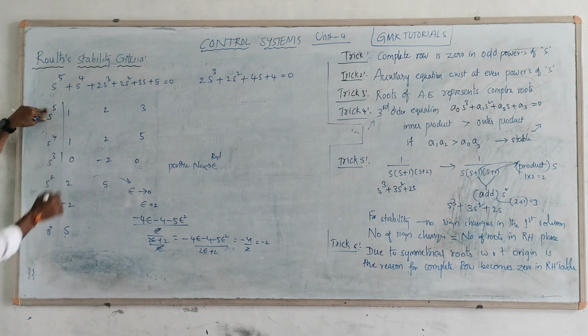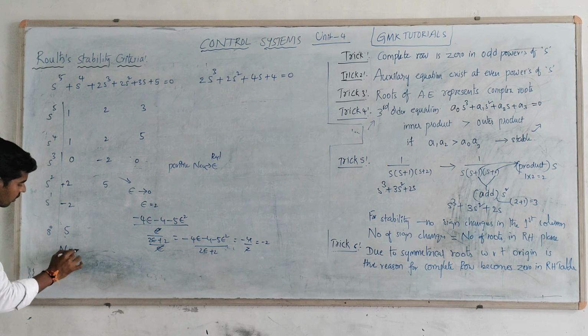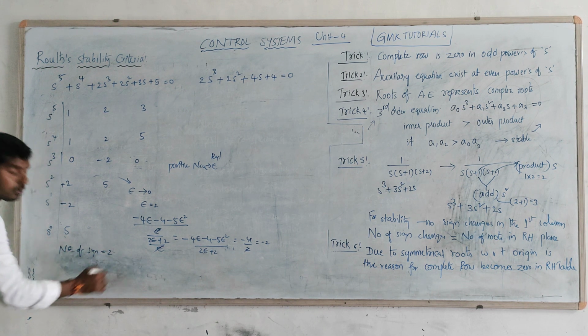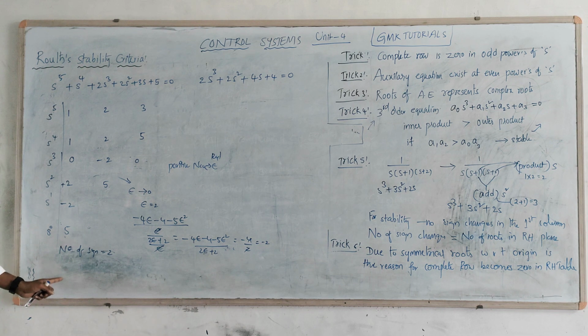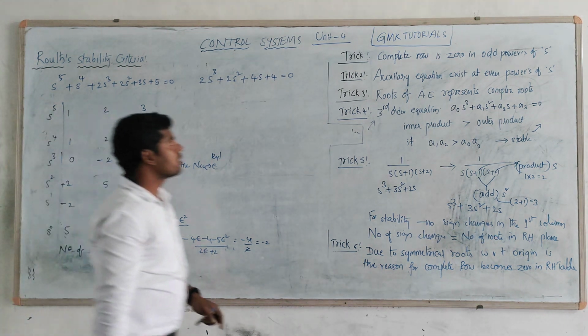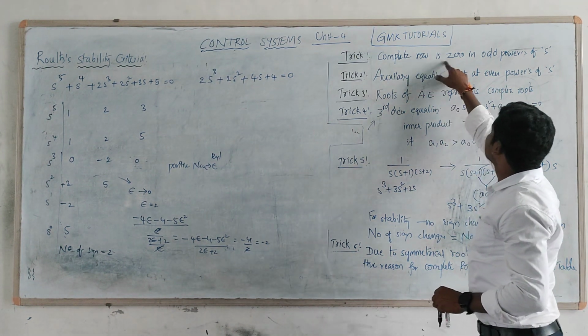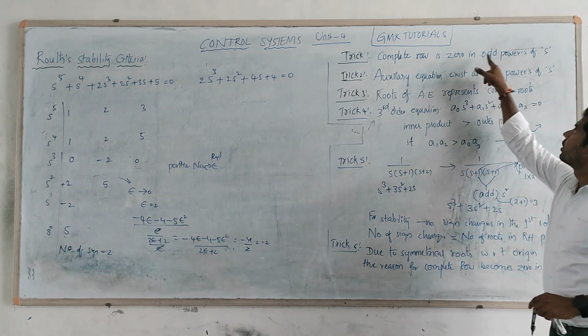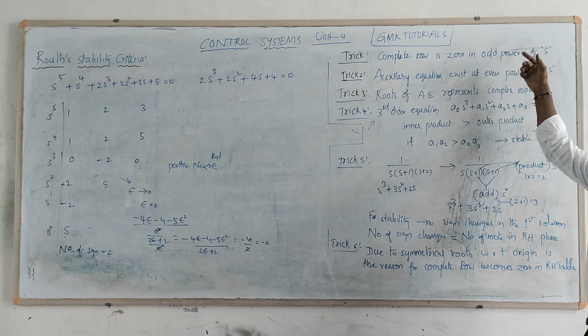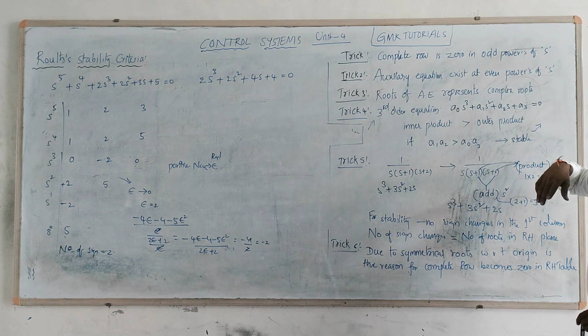So if you are checking the sign changes, this is a plus, plus 2 to minus is 1 sign change, minus 2 to plus is one sign change. And the number of sign changes is equal to 2. So what does the number of sign changes being equal to 2 mean? There is a conclusion for this one. The complete row is 0, 0, that is nothing but the auxiliary equation, which will be discussed in a few seconds in the next example.